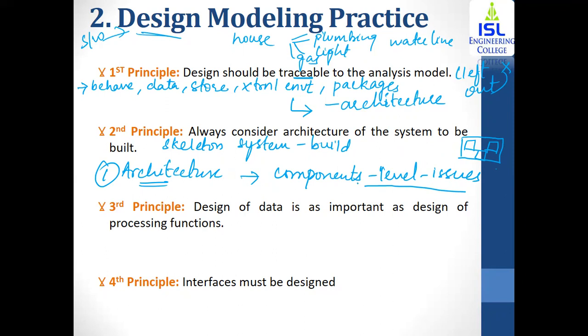The third principle is that design of data is as important as design of processing functions. That is, whenever you're designing software, you need to first focus on the different types of data that it is going to use. Within images, you've got different types of formats. Within MP3, you've got different types of formats. So the type of data you're using is as important as designing the different functions,